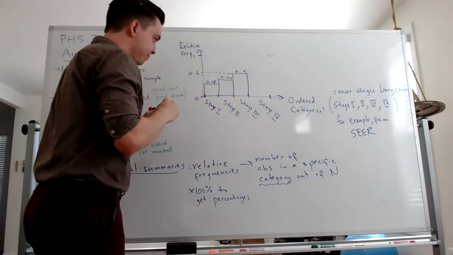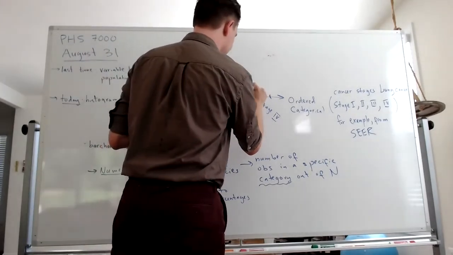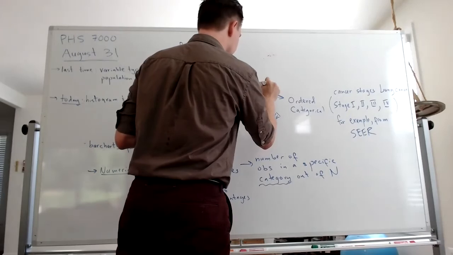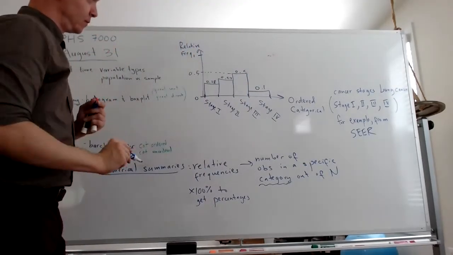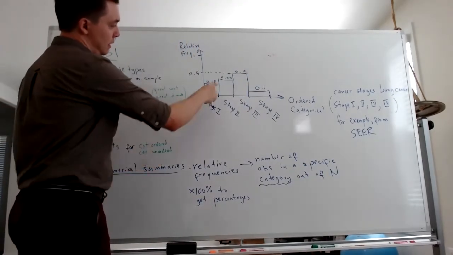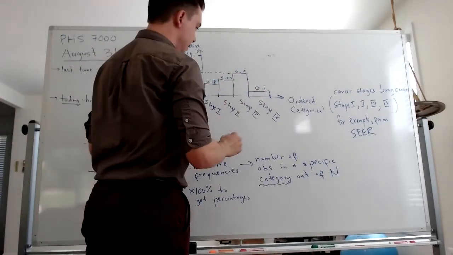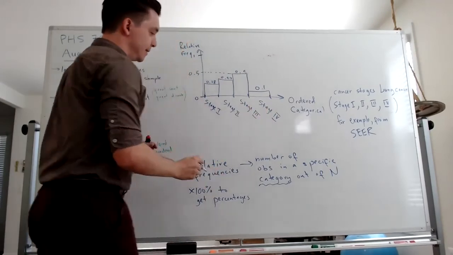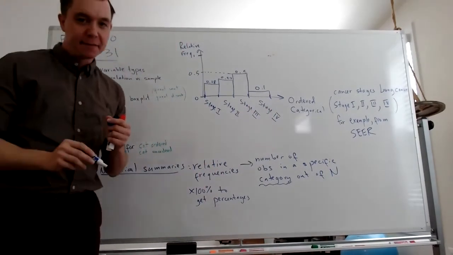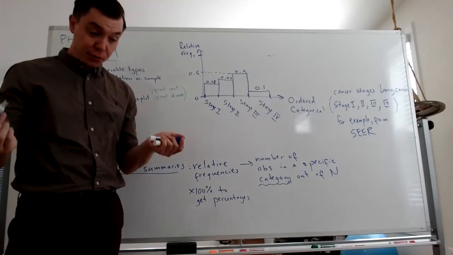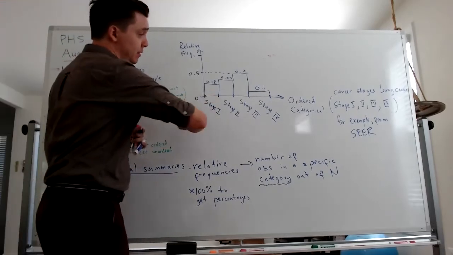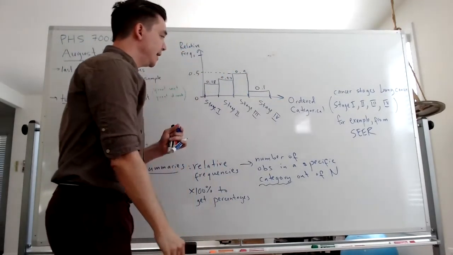There we go. Then this has to be like 10%. 40 plus 50 is 90, plus 10% is 100%. So this would be a valid tool to depict distribution of stages for something like lung cancer in your